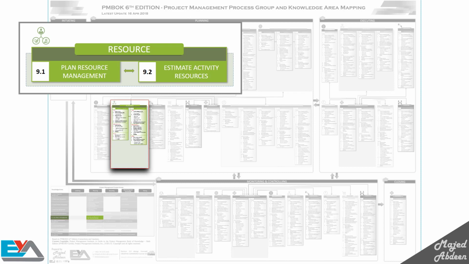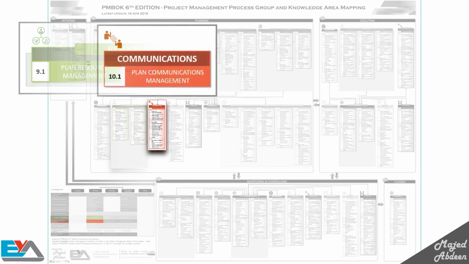a third-party company. Then we have estimate activity resources in which you estimate and quantify your resources. For instance, in our website project example, we need to use 5 programmers, 2 system analysts, 1 designer. Also, we need to use 1 SharePoint license and 2 SQL Server database licenses, etc. because these are resources too.